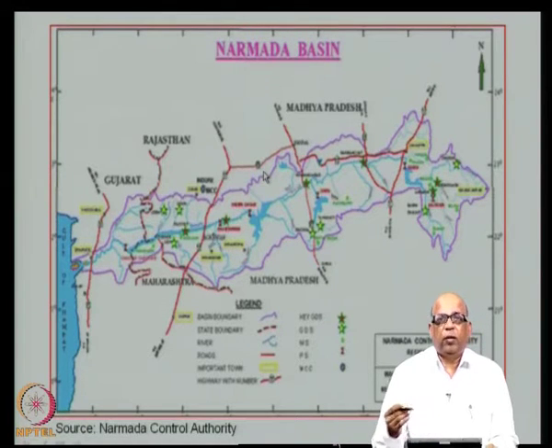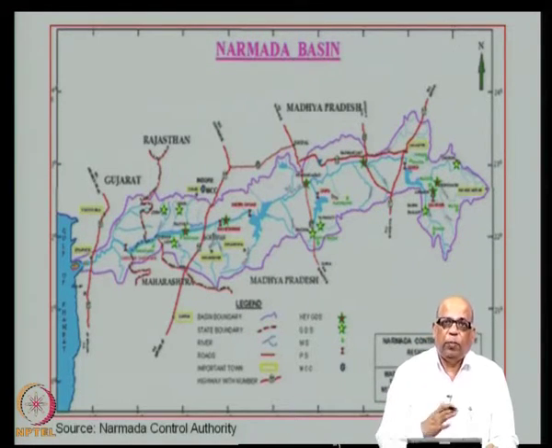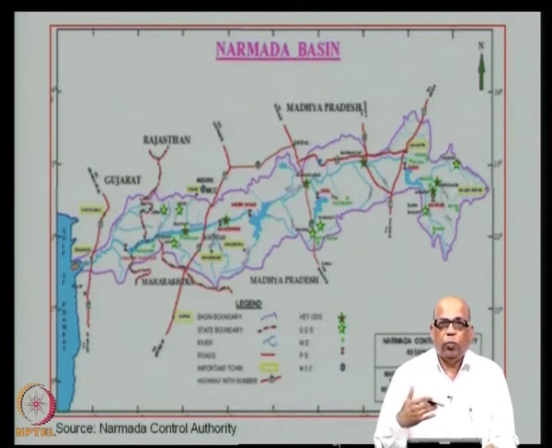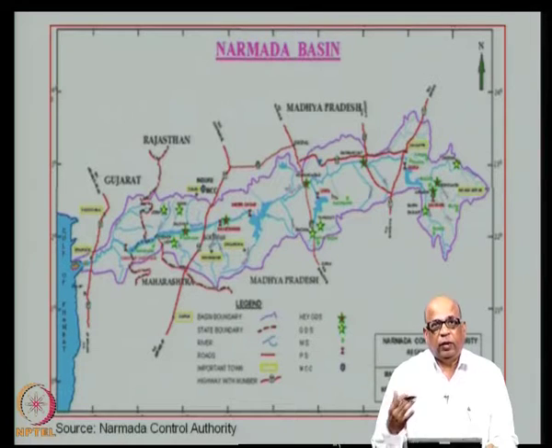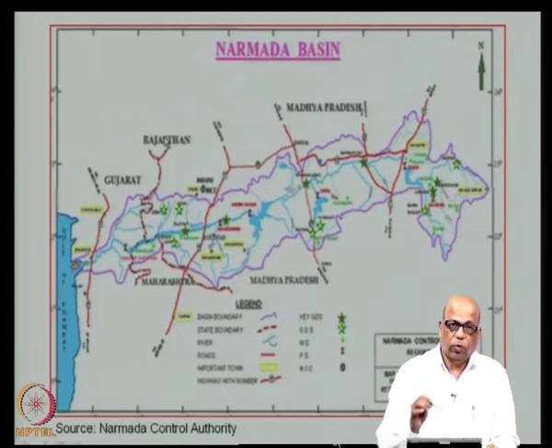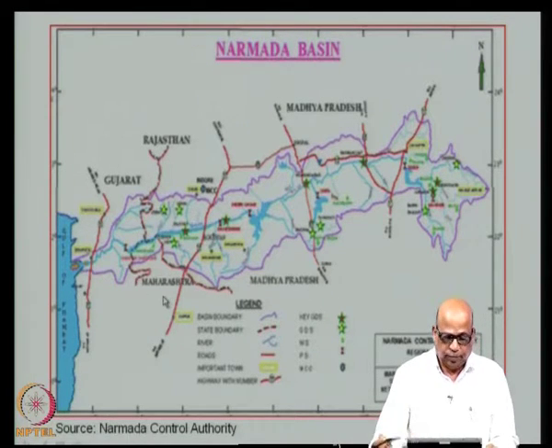Now, this is a large river system, it is a west flowing river system. In such large river basin systems, you can do very elegant systems analysis to answer several questions. One is pre-development questions. What I mean by pre-development is that you have taken up this basin to start using the water at various locations to meet different demands. For example, you want to supply water to Rajasthan, which is a desert area, a water deficit area, and you know that you can supply water to Rajasthan through this. Then you may want to use the water for irrigation in Gujarat as well as in Madhya Pradesh and then Maharashtra and so on.